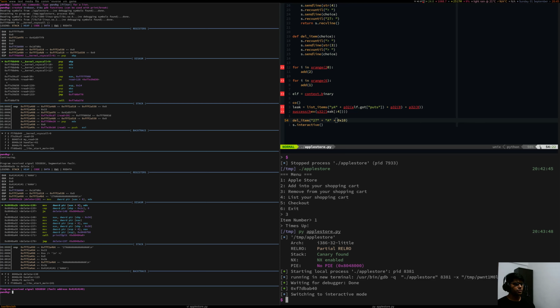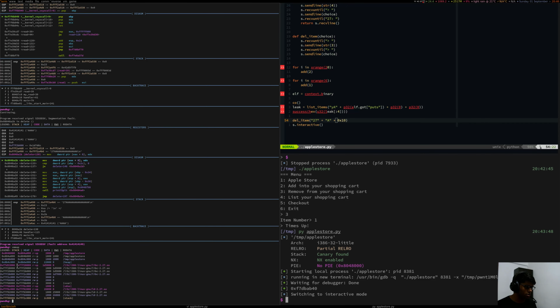We have a leak of the libc, we have the address of system, but what we don't have is, if we patch GOT entries with the address of system, system is usually mapped to an RX location, not RWX. So in this case, system will be somewhere here on this page. And since this is an unlink operation, both of those sections should be in our control, or let's say should at least have RW. So in this case we only have this or these